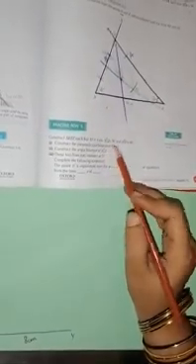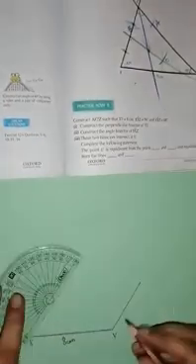So with the center Y, I will construct the angle of 56 degree. This is 55 and this is 56. So this is angle 56 degree. And angle X is 48 degree. With the center X, it's 48 degree, right? This is 48 degree. I'm going to just extend the line.